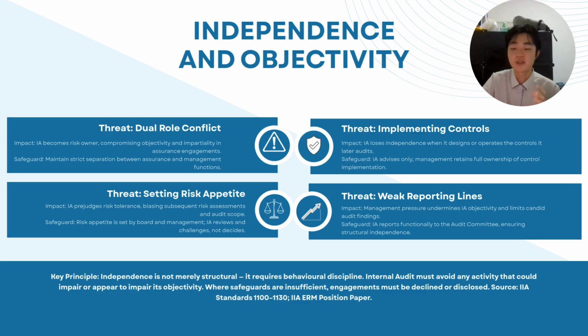But it must not become the risk owner. Its value comes from independence, objectivity, and professional judgment. So after discussing the advisory roles, boundaries, practical application, and the independence issues, the next presenter will extend to the critical